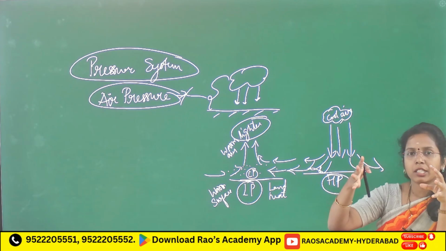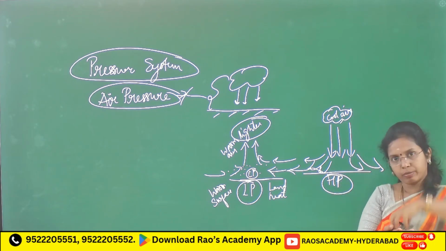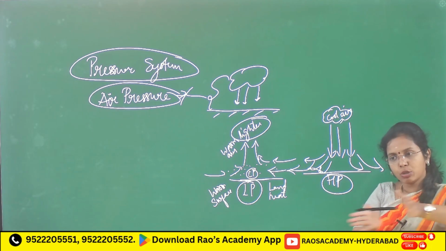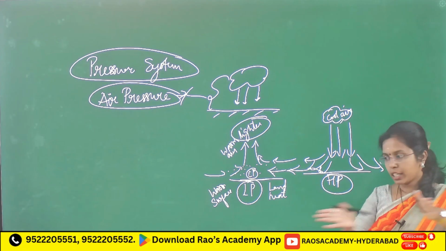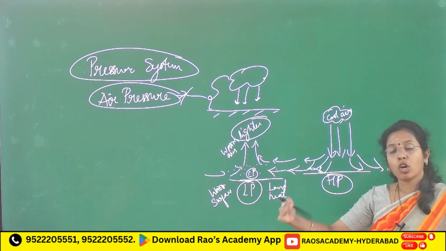One sheet is placed here. Now air is moving here, means it is sinking down. After that, you will see divergence, and it is moving towards where there is little pressure, the low pressure area,